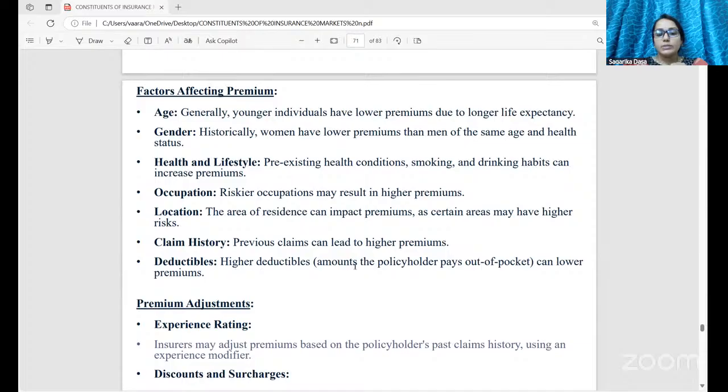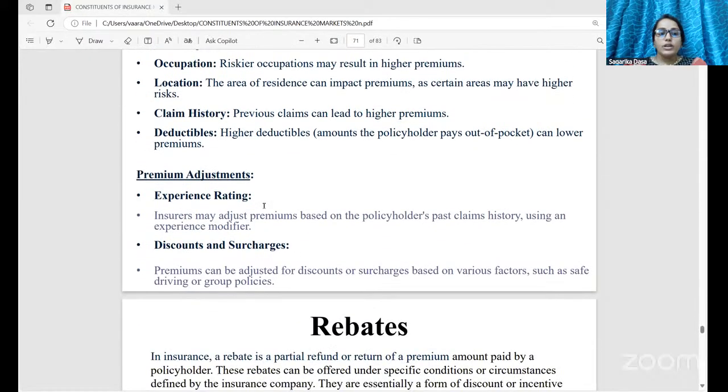Deductibles, high deductibles, amounts policyholders pay out of pocket, can lower the premium. These are some of the factors that will affect the premium calculation. Then premium adjustment, we have experience rating. Insurers may adjust premium based on the policyholder's past claim history using an experience modifier. Based on the previous history of a policyholder, the premiums will be adjusted by the insurance company